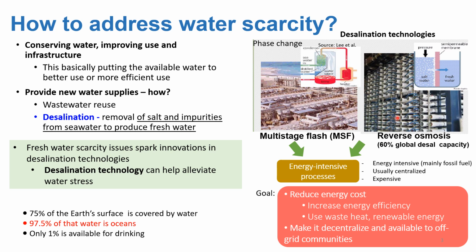On the other hand, the state-of-the-art desalination technology nowadays is reverse osmosis, which is based on the use of membranes. This is used now in more than 60% of the total desalination technologies around the world. But if you look at the process, a high pressure is needed, in the order of around 50 to 80 bars, to overcome the osmotic pressure of seawater.